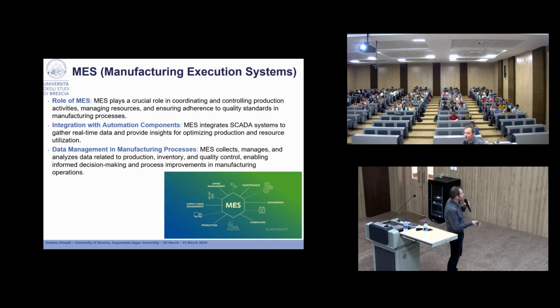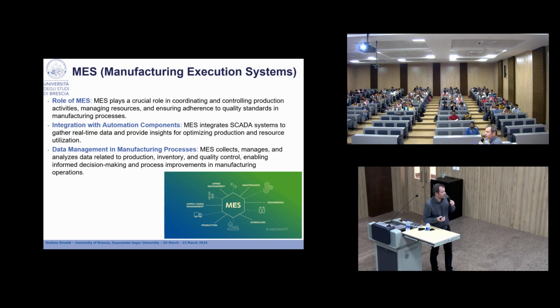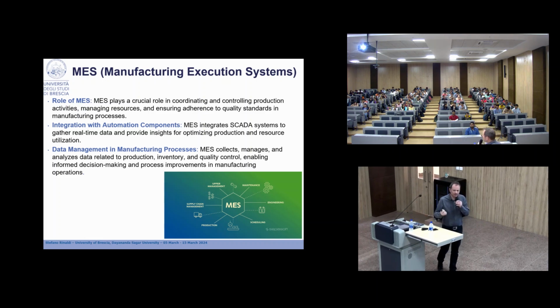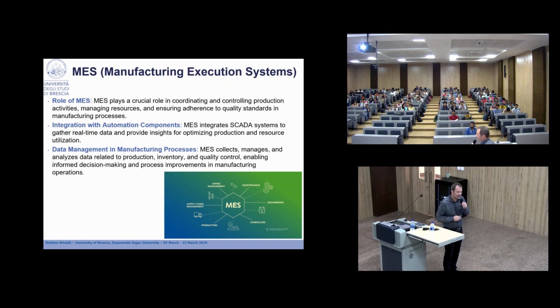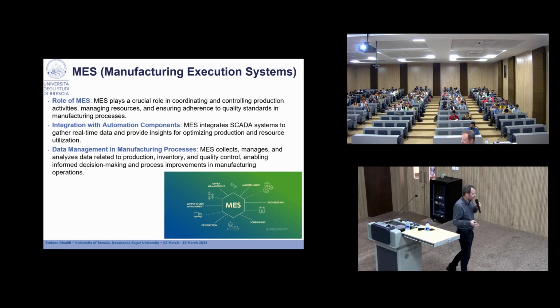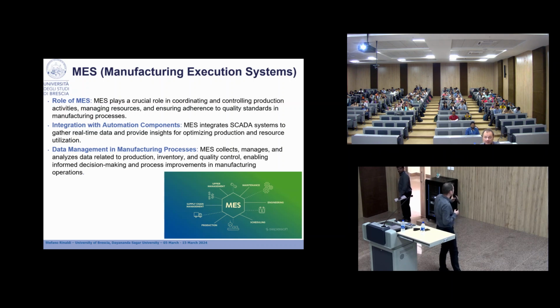Just a few words also about one of the components on the top of the industrial automation pyramid: the manufacturing execution system. The SCADA basically has the role just to monitor the system, to acquire information regarding the plants, to schedule maintenance, but the planning of the type of the production in an assembly line is defined by the manufacturing execution system,